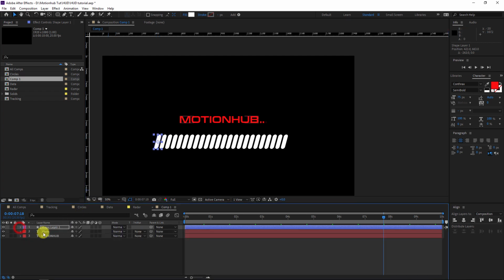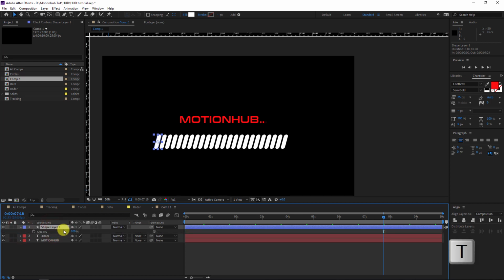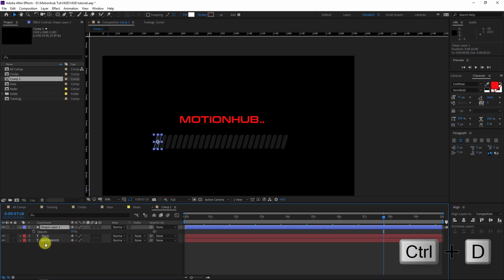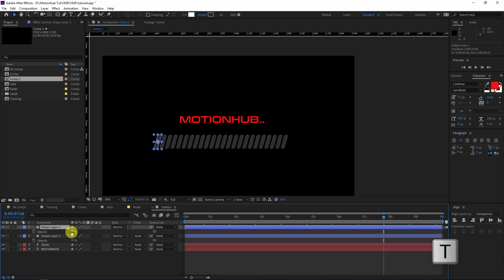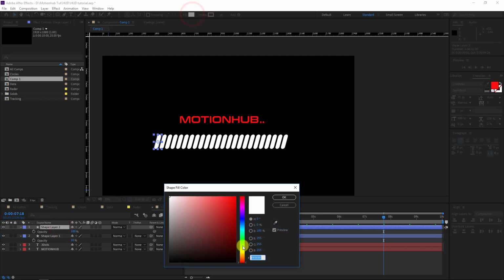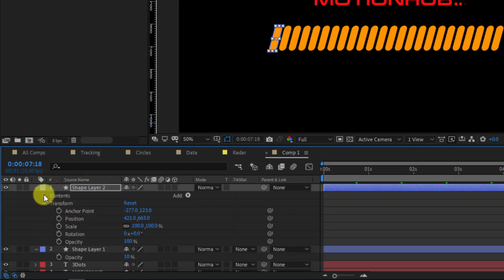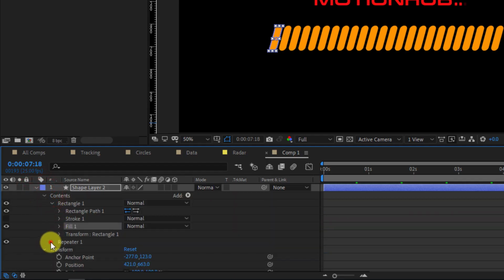Okay, and with the layer selected, hit the T on the keyboard to reveal the opacity and set it to 10. Hit the Ctrl D on the keyboard to duplicate the layer, and again we will hit T to reveal the opacity and set it to 100%. I will choose another color, let's say this orange color, and I will open the content and go to the repeater,